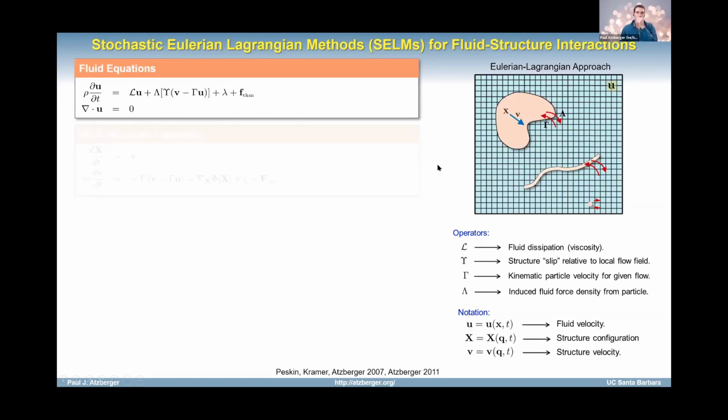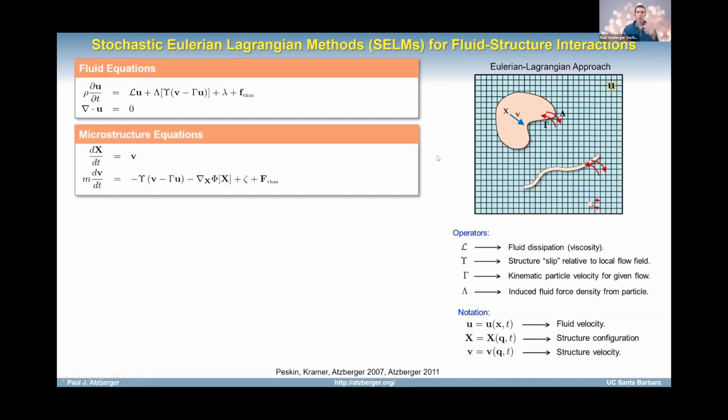Okay, and then we're going to have the microstructure equations, and they're going to satisfy their own momentum equations. So we'll have basically the usual F equals ma. So ma is here on the left, and then the forces that the microstructure experiences include a drag if it's moving faster than the local reference from the fluid body, because gamma is doing velocity averaging. V is the velocity of the microstructure. So if your particle's moving faster, there's a drag pulling it backward. And the strength of that drag, again, will be governed by this coupling parameter upsilon.